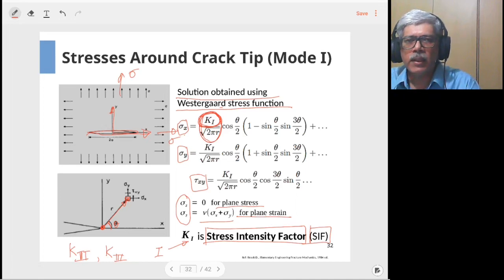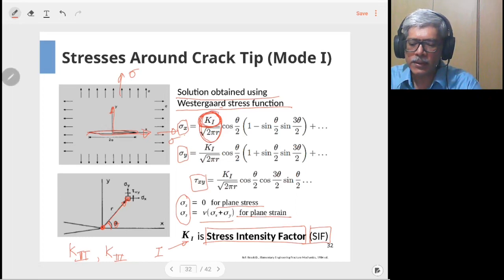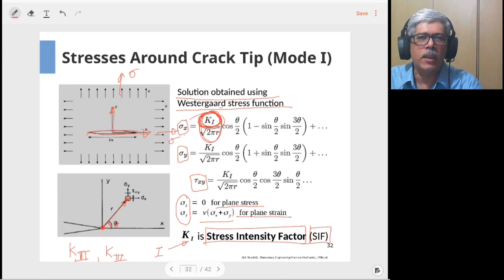In fracture mechanics, similarly, in the presence of a crack, if you want to establish the damage or the behavior of the material in the presence of a crack and a certain amount of loading, we are here introducing a new term which is termed the stress intensity factor. So this is a new parameter which helps us to understand. Using this parameter, the stress at any location around the crack tip can be obtained. This parameter is created specifically to understand various aspects such as the stress distribution or the displacement distribution around the crack tip.